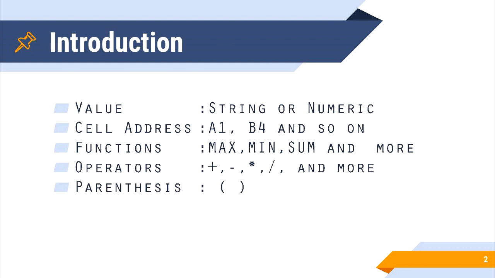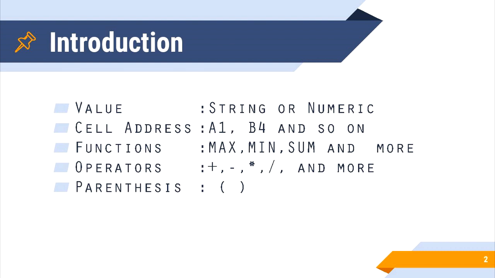The data in a formula consists of the following values. It is used for string and numeric values. Cell address, you can see A1, B4 and so on. These are the cell address. Using this cell address, we will do the calculation part. And we have some more functions. We have so many functions in this Excel, and the basic functions are max, min, sum and many more. Max is used for the maximum number, min is used for finding the minimum number, sum is used to calculate